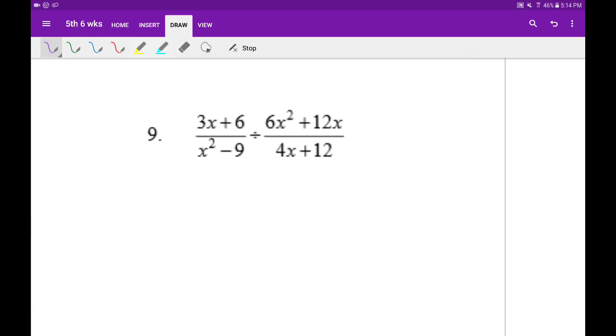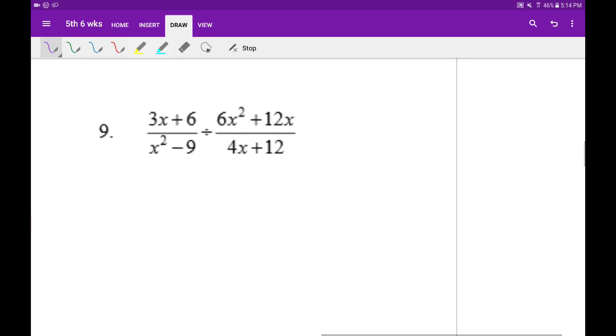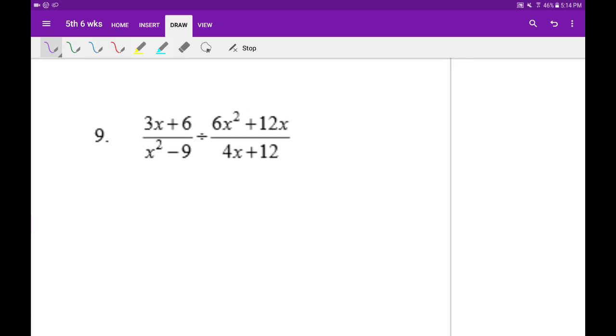Okay, homework problem number 9. So this is dividing two rational expressions. First thing we want to do is factor everything out, and I kind of just do it in the problem. If we take the 3x plus 6, that doesn't factor out. There's no square there. You can't do the x method, but you can look for a GCF,